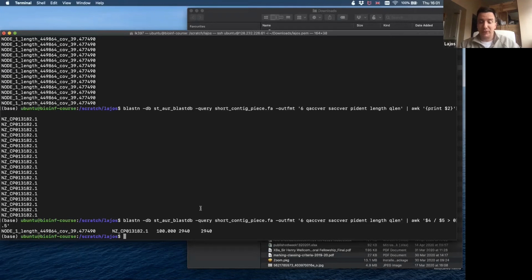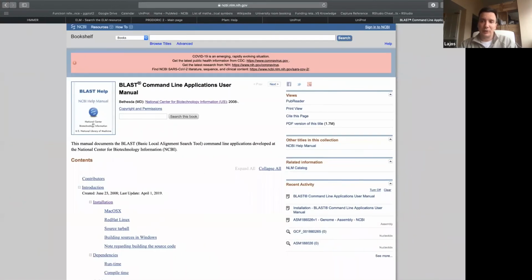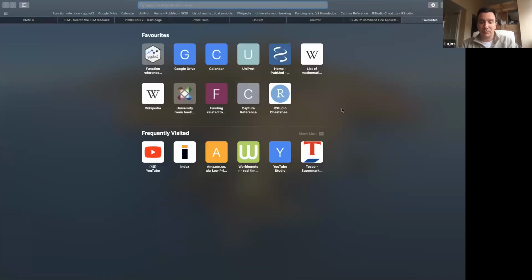So this is the main usage of BLAST. There are other things you have to know, especially if you want to use BLASTP, because if you search for nucleotide sequence, the nucleotide sequence substitution matrix is quite simple. I saw that there are a few sophisticated substitution matrices, but I think the default